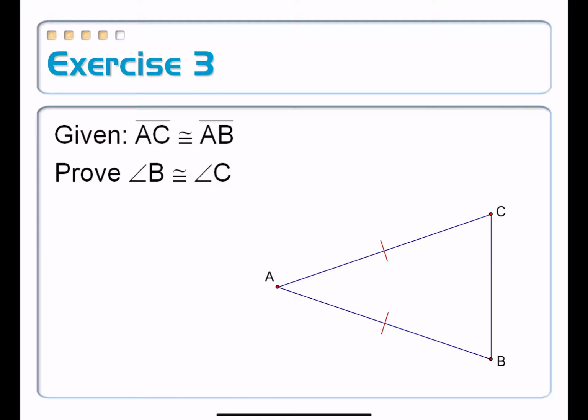So here I have the same kind of picture. I've got myself AC being congruent to AB. We're trying to prove that the two base angles B and C are congruent to each other, but you're going to see that this proof is far easier. All we have to do is add a single segment to this picture. And the segment that we're going to join in here is we're going to find the midpoint of the base